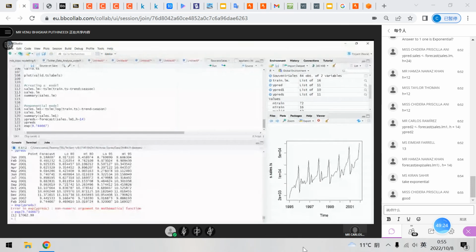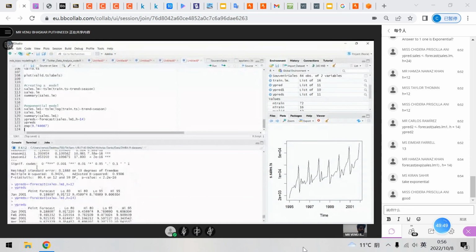For this kind of data, perhaps it's better the second one. Right, great. And why? The trend is exponential, and in the first model, it's linear. So we are not taking that into account as much as we do in the second model. Okay. And there's one more metric you could use, and that is